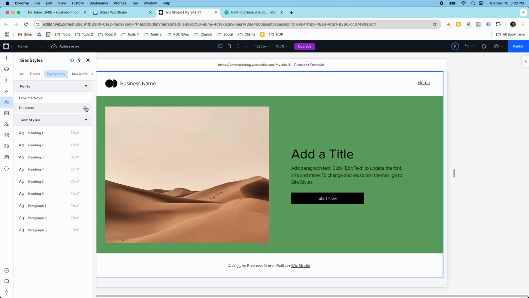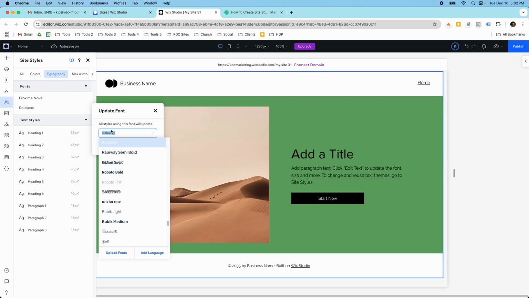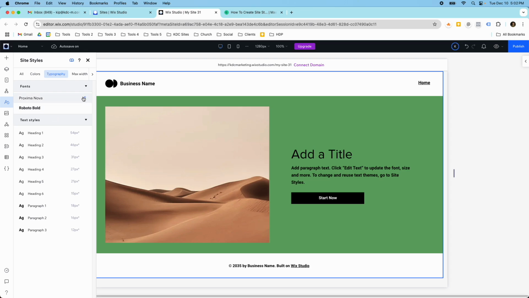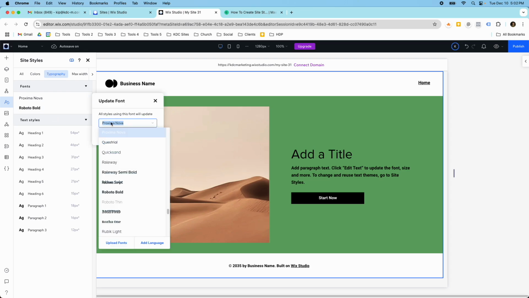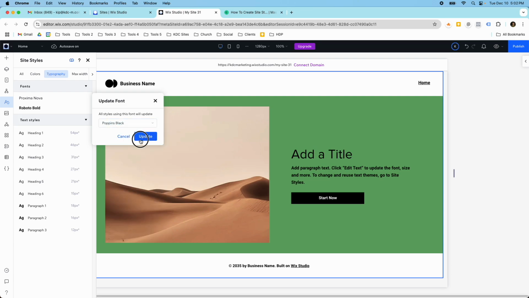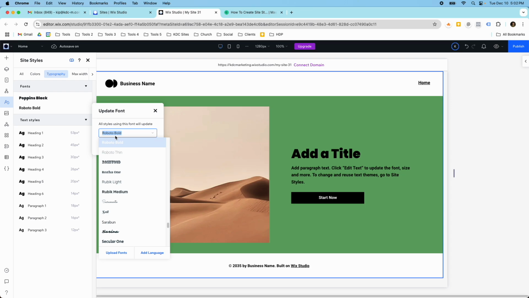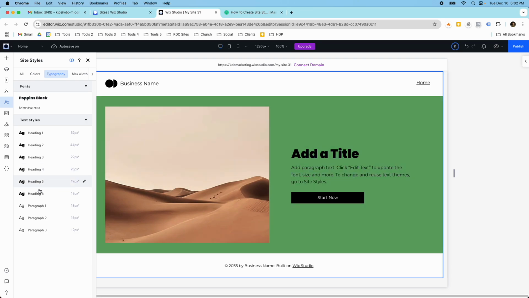And then for paragraphs, same thing. If I want to change this to a Roboto, bold, then that's going to update. And let me find a more bold font here, like Poppins Black. So our headings are a bit bolder than our font. And then we change this again to something more light. So let's do Montserrat here. So you can change the fonts all at one time, and you can kind of see them changing over here